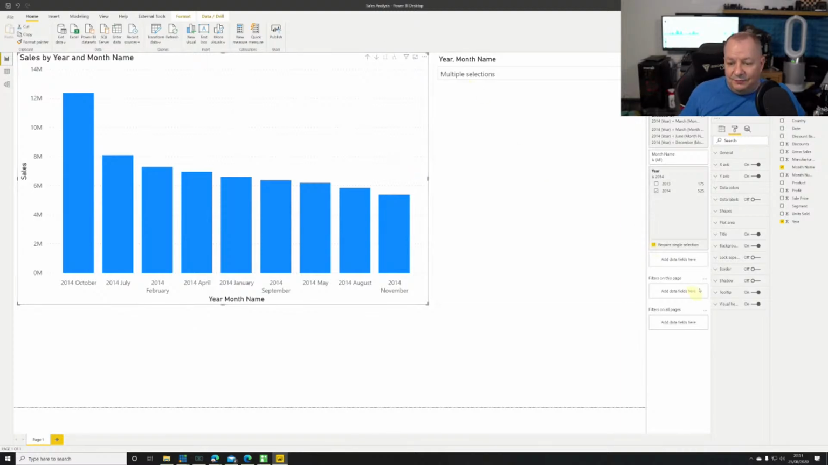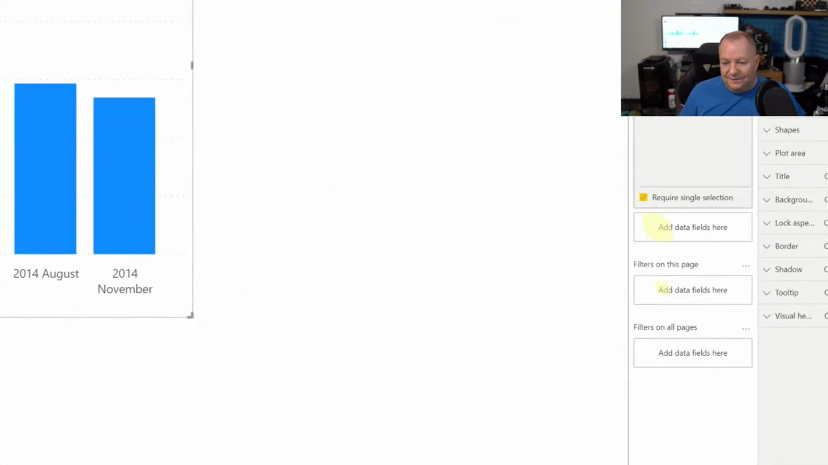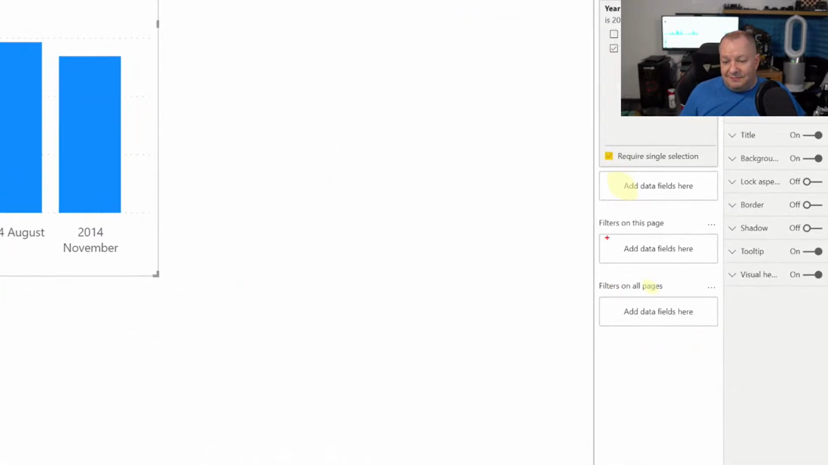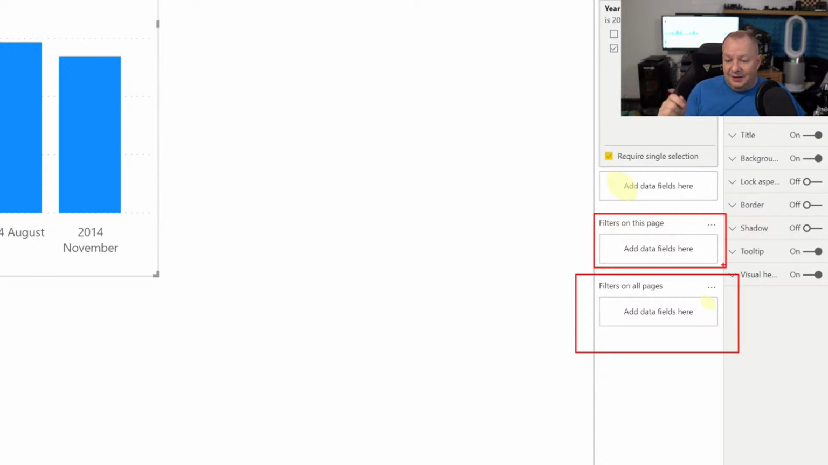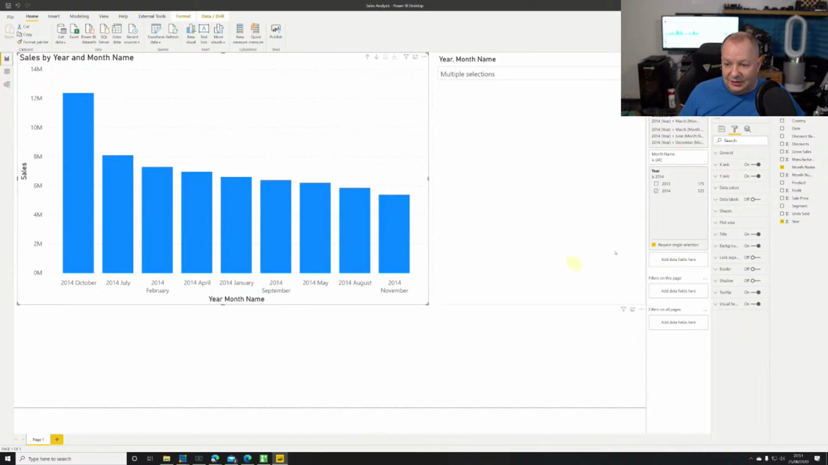So we have filters on page. We have filters on all pages. We have filters on specific visuals. So these are the two filters on the page. We've got all pages, put your data panes in there, filter that. So say 2014. And if I took that year and dropped it into here,